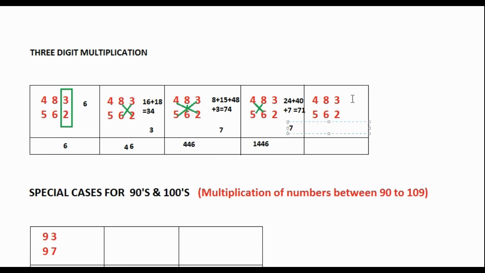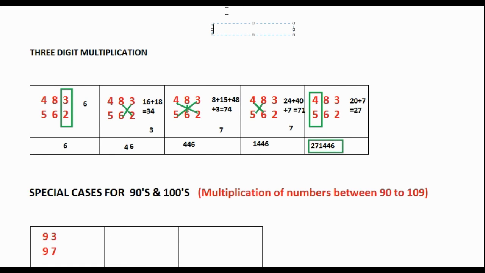In the last step, we are going to multiply the numbers in the 100th digit. So if we multiply 4 and 5, we will get 20. We already have 7 from the previous number. So total 27. We already have this 1, 4, 4, 6 here. So just write this 27 right before this number. So answer will be 271446. So that's it. We have totally 5 steps to do any kind of 3-digit multiplication.